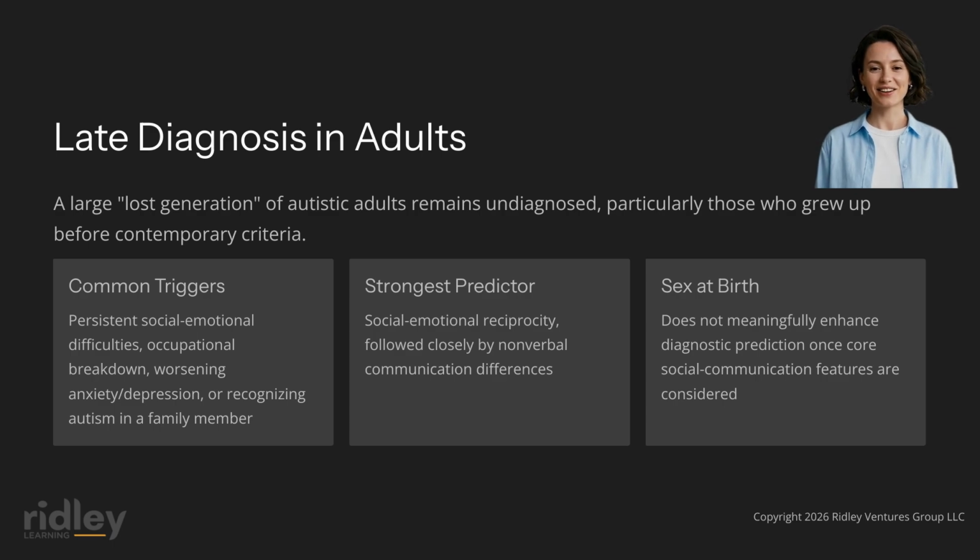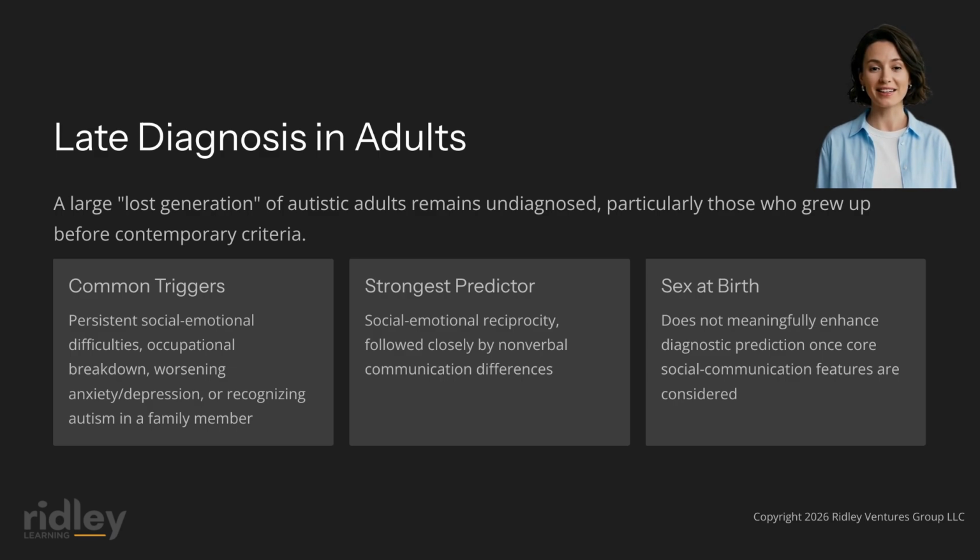Let's now discuss late diagnosis in adolescents and adults. A large lost generation of autistic adults remains undiagnosed. This is particularly true for those who grew up before contemporary diagnostic criteria were widely applied, and those whose presentations were subtler than the male childhood prototype on which most early research was built. Adult evaluation is typically prompted by persistent difficulties with social-emotional reciprocity, nonverbal communication, relationship maintenance, rigidity and reliance on routine, emerging or worsening anxiety or depression, occupational or educational breakdown, or by the recognition of autism in a family member,